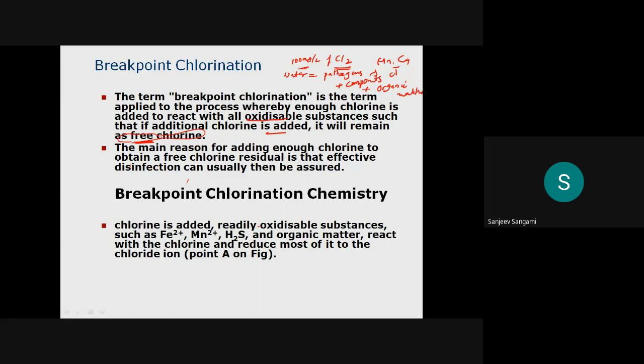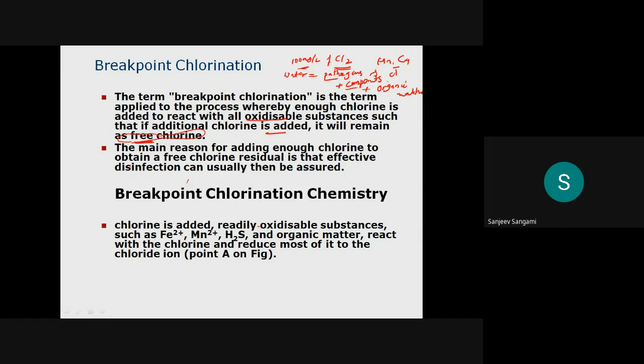Once you add 100 milligram per liter of Cl2, first it is going to kill the pathogens. Then it is going to oxidize the compounds. In the first slide itself, I have explained that it is going to disinfect and also oxidize some of the other components along with the killing of the pathogens. So once the process is over, once all the oxidizable matter, as well as organic matter and the Mn and Cl, is removed,